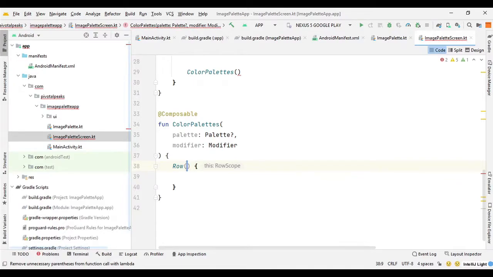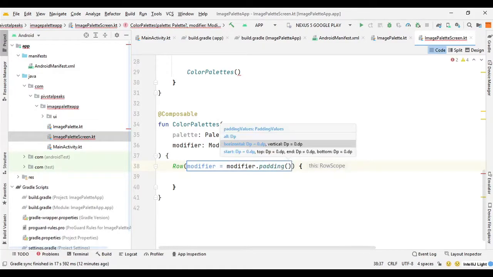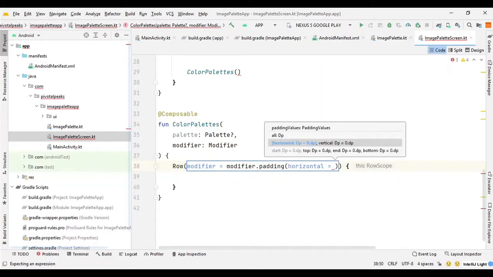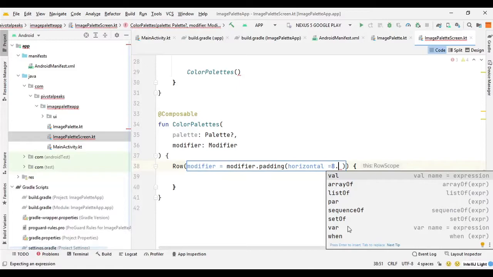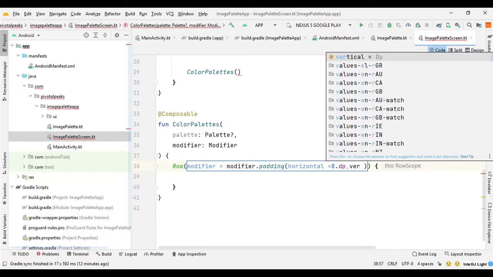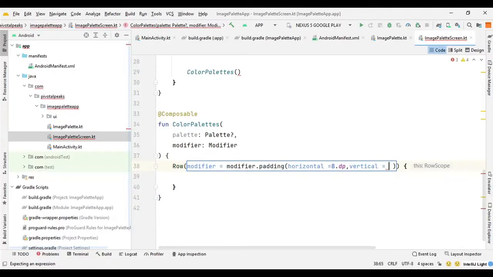So we can say modifier equals modifier, and let's define the padding first, so we can say dot padding, and we can give horizontal padding of 8 dp, so 8 dot dp, and we also need some vertical padding, so we can say vertical, and we can say 12 dot dp,